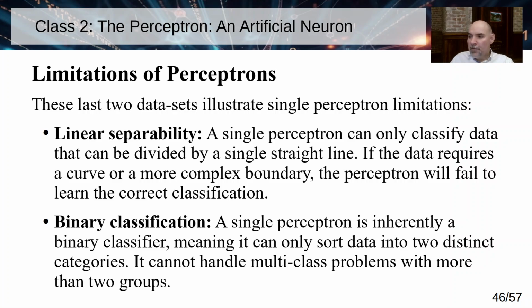But if the data requires a curve or a more complex boundary, like points inside a circle versus outside the circle, the perceptron's going to fail, because turning the knob to improve one point is going to hurt it with respect to other points. We don't have enough